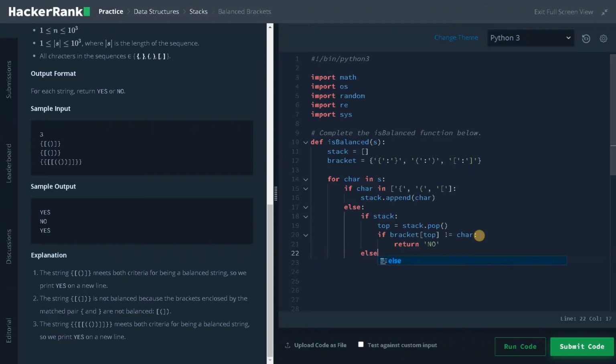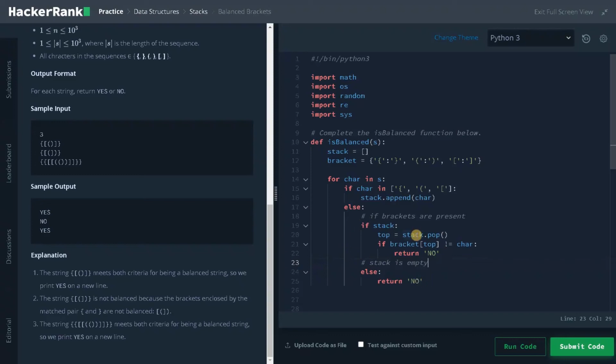Again, in the else part, if we don't have any elements in the stack but we have some closing brackets, it means the brackets are not balanced. So we will return no for that also. Return no. This is if brackets are present, this is for stack is empty.